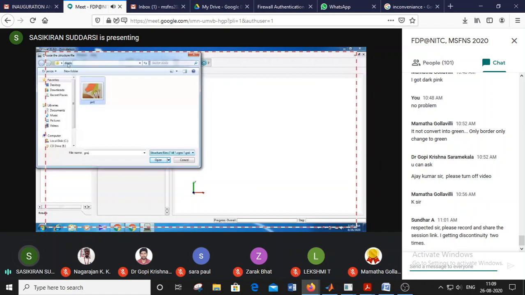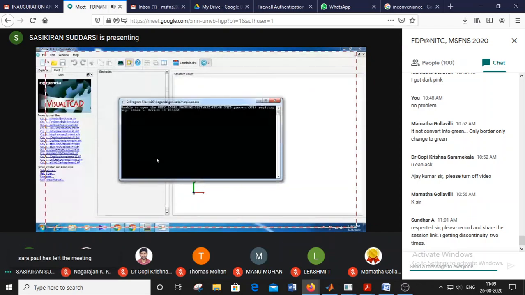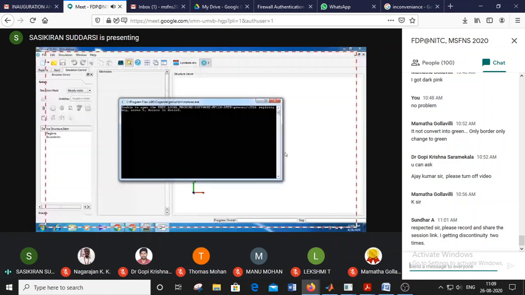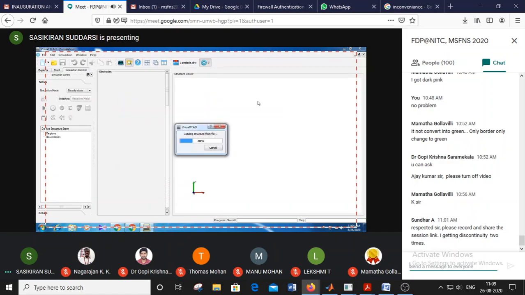You can browse into your diode folder and select that PN1. This dialog box will open in the Windows environment, so just ignore that. After opening, it will automatically close. It is loading the structure.